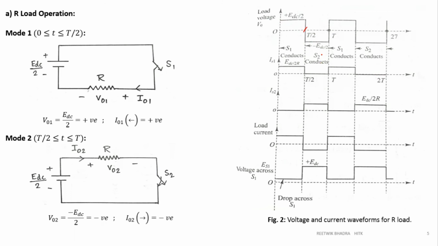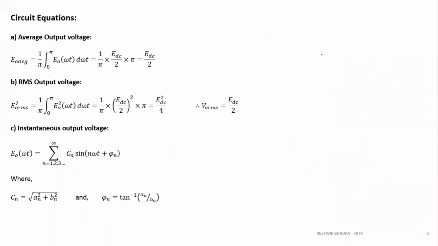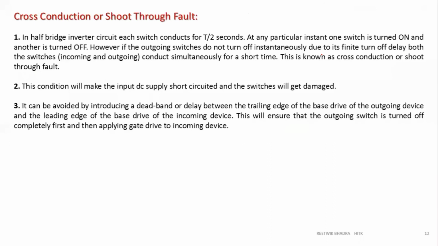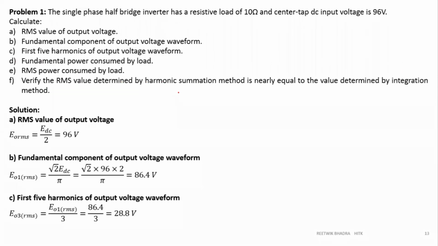That's why we don't go for these methods, we go for PWM. We'll study later what that is, because there is a major chance of having shoot through faults or cross conduction faults. All this that I have told is broadly written over here. Please go through these 3 points.